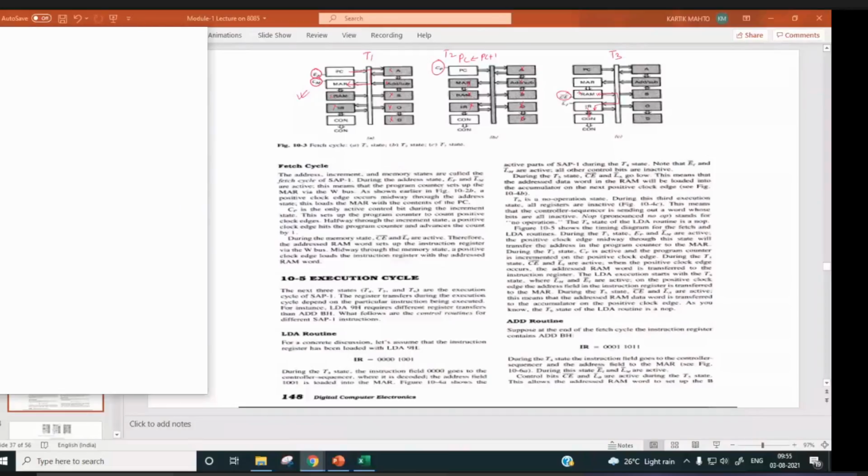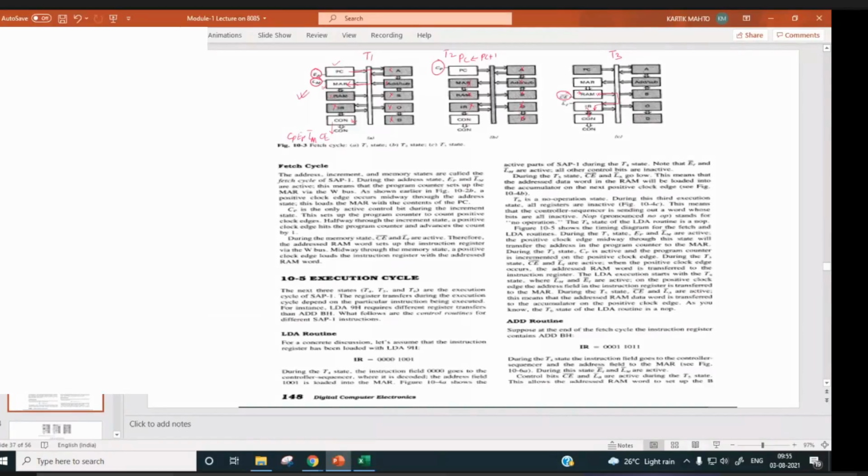So now what we see over here, that program counter is active and MAR is active. Who is making active these two circuitry? This controller sequencer. It is generating all control signals, no? CP, EP, LM bar, CE bar is generated by this controller sequencer.